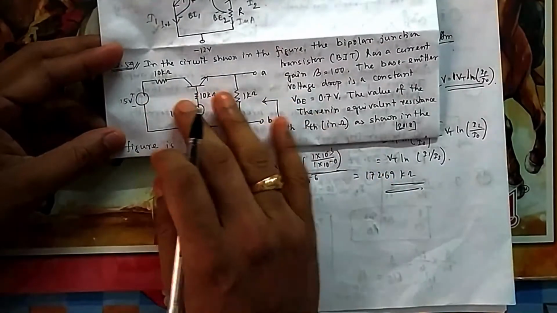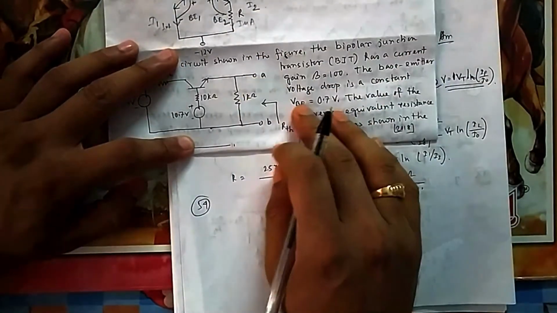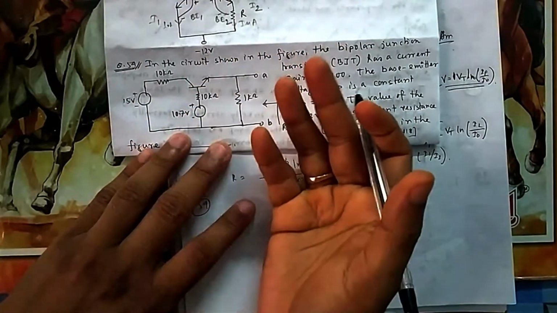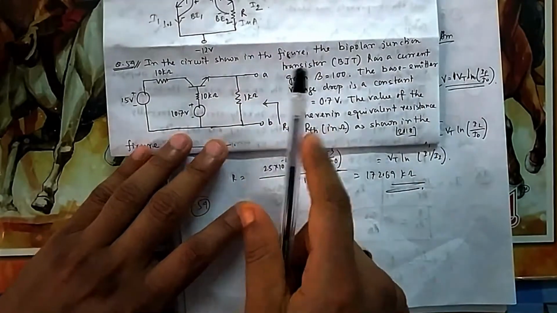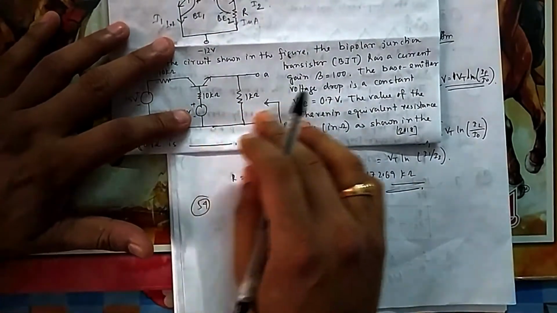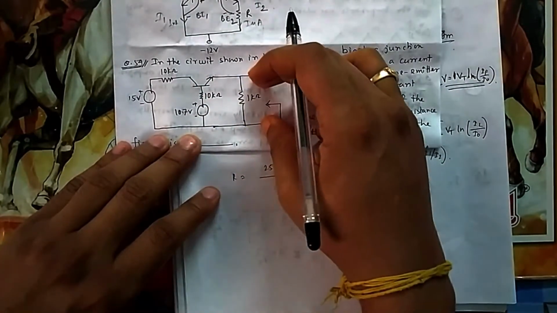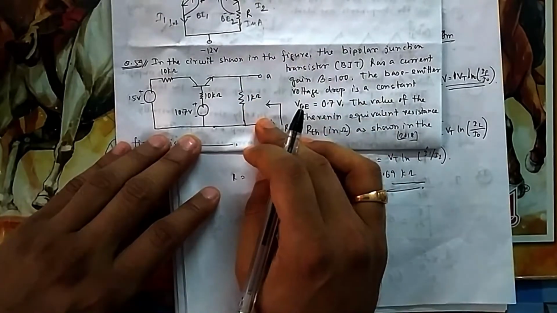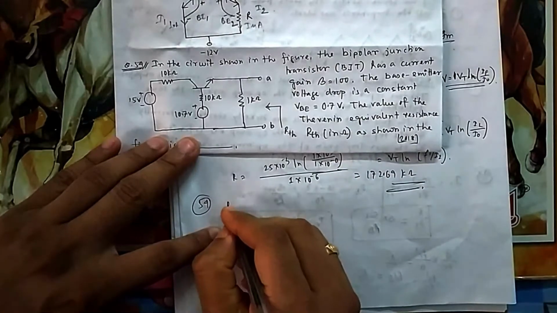you can do it in several ways. The best way to solve it: for Thevenin's voltage, what we do is draw the equivalent hybrid parameter circuit, then connect a 1 volt source, then you can calculate. Or what you can do, because this drop is also given as 0.7 and beta is also given, we can calculate the open circuit voltage and the short circuit current. You can short it, find the current, you can open it, find the current, and RTH is nothing but